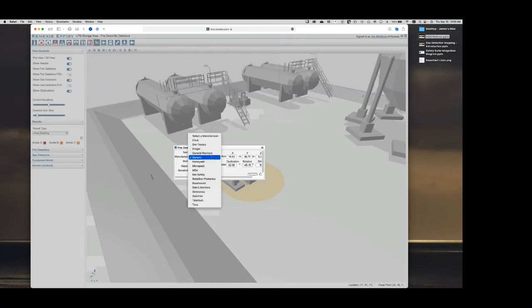I put in generic, and the reason I do that is I want to highlight the fact that you don't need to know what detector you're using right off the bat. These are all in here, and so if you work for one of these companies, great. Your company cooperated very well with us, and so here's an MSIR detector. We could put that in. Let me go back to generic. I don't want to plug any company, and we'll do MSIR. And we'll do a hydrocarbon because that's the only choice I have. And that particular detector,